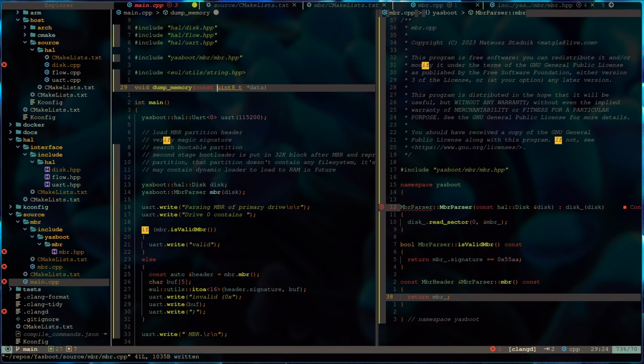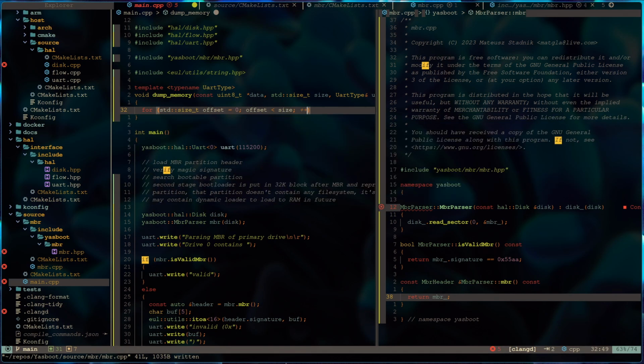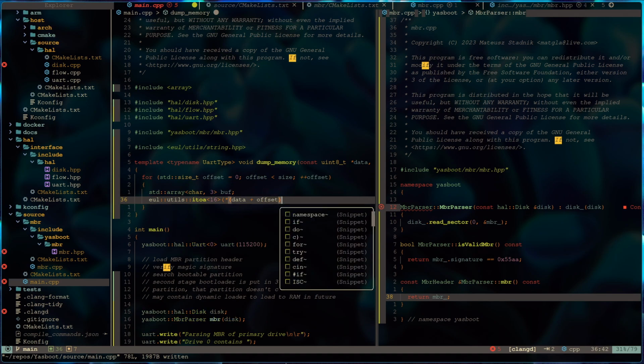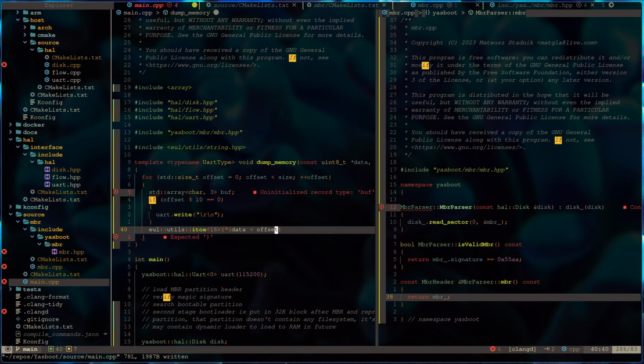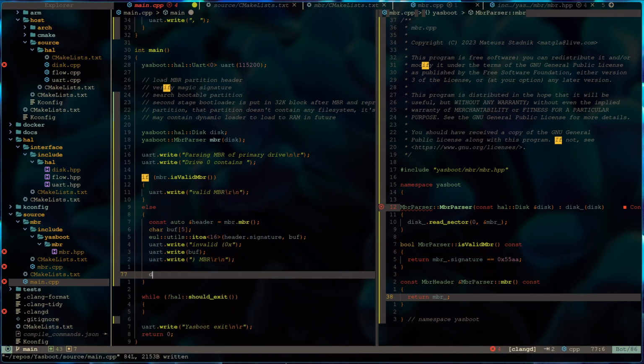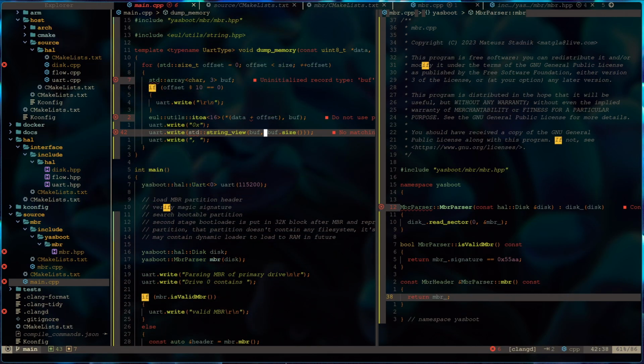Also, that dump memory function is used to verify that we actually read the bytes that we expected. Output formatting is essential for the function to be useful.